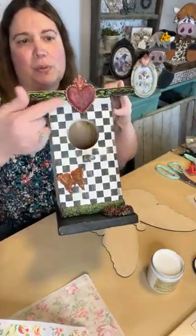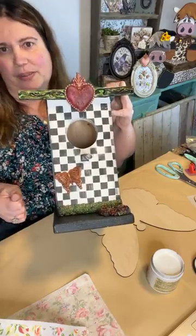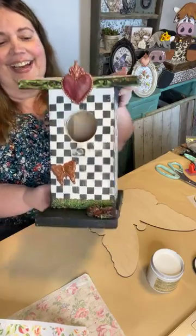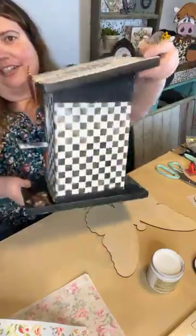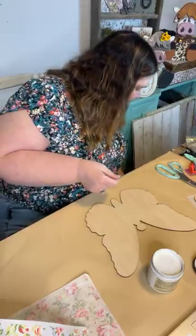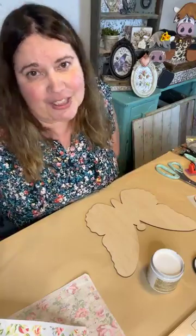We used the new mold right here. We've got the butterfly, and then of course the trimmings mold. I love it. But anyway, y'all, funky, fun. Got all aspects from every direction. I thought it was super cute and fun. That was a fun project. I wish I could have finished it the other day with y'all, but